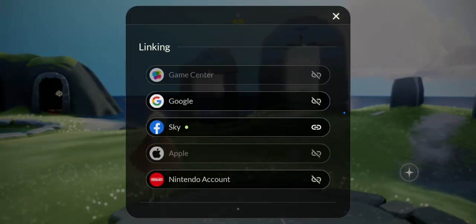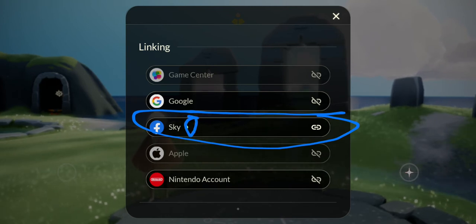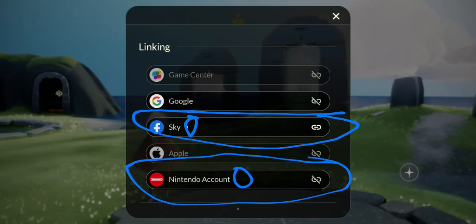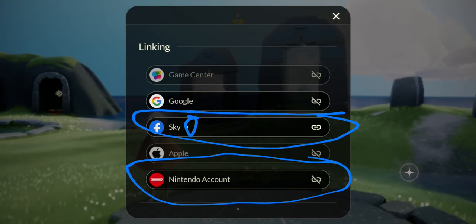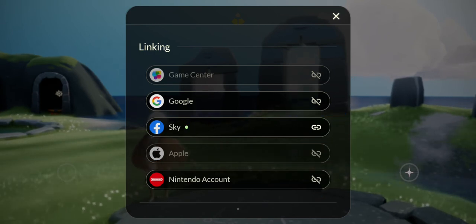So this here is gonna be having this green dot, and this here is gonna be having a dot here as well. If you finish doing that on your dummy account, then you can just press the